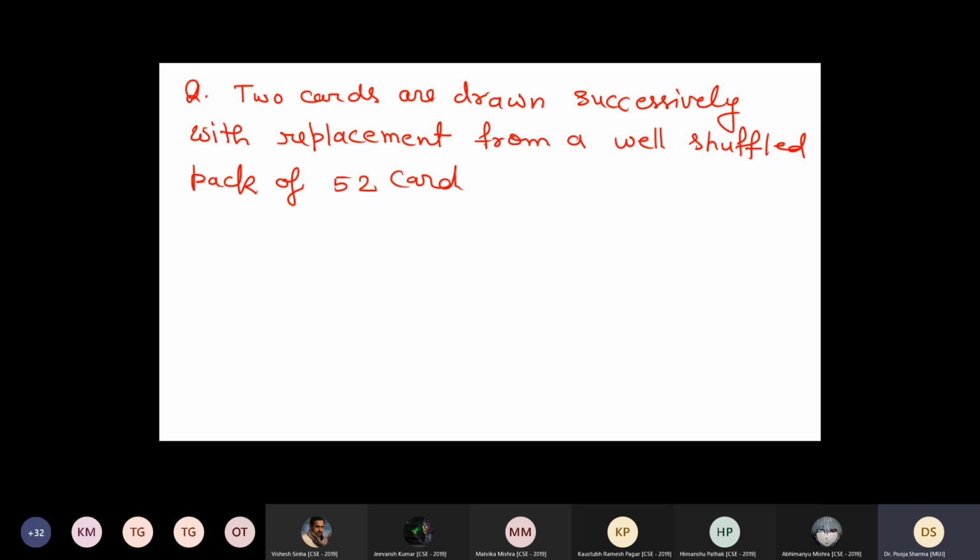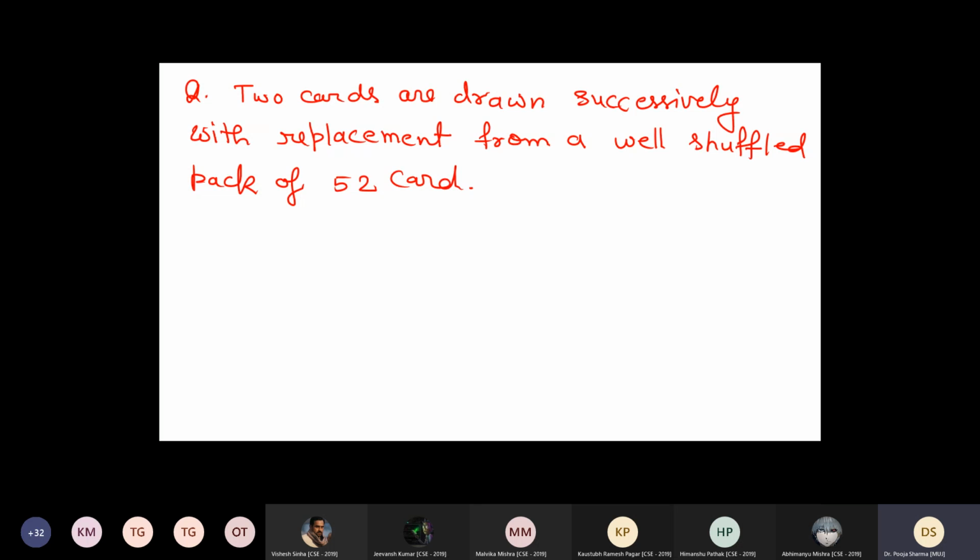Why is it always given in numerical problems, well shuffled pack? Why do we use it? So that it can be assumed to be the unbiased case. This is not the biased case. Otherwise, even if it is not given, we assume this is the unbiased case. But if it is written, it means, as with a coin, we say why you will be getting head or tail, it may be possible you don't get anything. So in numerical problems we assume all the cases are unbiased. We are not finding the probability for the biased cases.